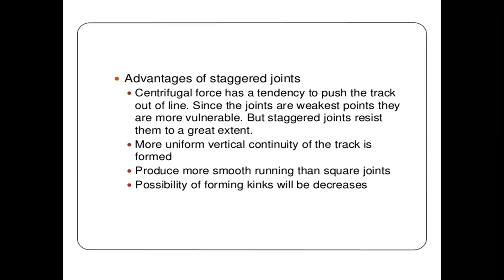It is more uniform, and the vertical continuity of the track is formed, producing smoother running than square joints. The possibility of forming kinks will be decreased. In the previous lecture, we discussed that kinks can be formed, and rupture and failure of the rail have been observed if kinks are formed. So if we apply a joint like a staggered joint, the possibility of forming kinks